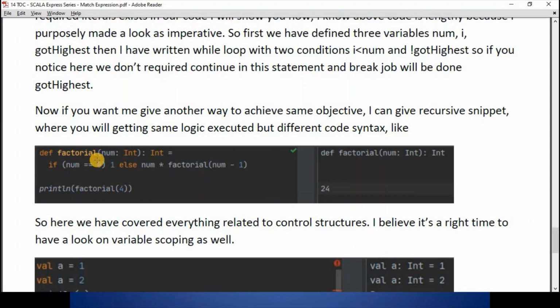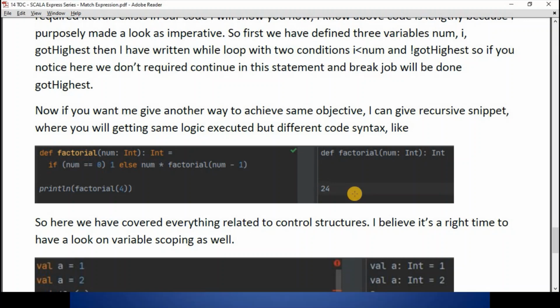So here I'm defining one factorial function. In this factorial function, I'm keeping one parameter called num, and this function will give us an integer value. Now here I'm keeping an if statement: if num is equal to 0, then it should give 1, or else it should give num multiplied by factorial of num minus 1. Here we are making a call to the recursive function, and now when we print factorial 4, it will give us factorial 4 multiplied by 3 multiplied by 2. So its expected outcome would be 24, as we received after Scala execution.